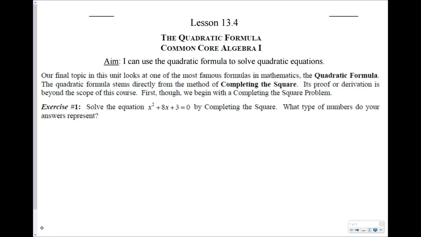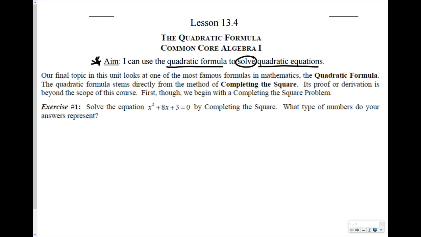Alright, welcome to lesson 13.4. These last two lessons are going to be about the same topic called the quadratic formula. So your aim today is that you can use the quadratic formula to solve quadratic equations. The quadratic formula is really useful. It's kind of a save-all. If you're not sure of what step to make when you're trying to solve a quadratic, you can always use